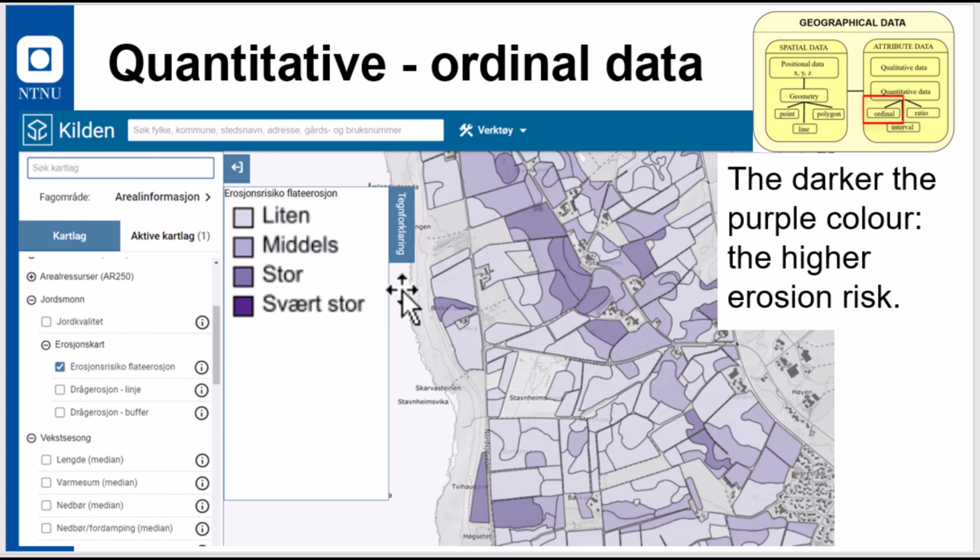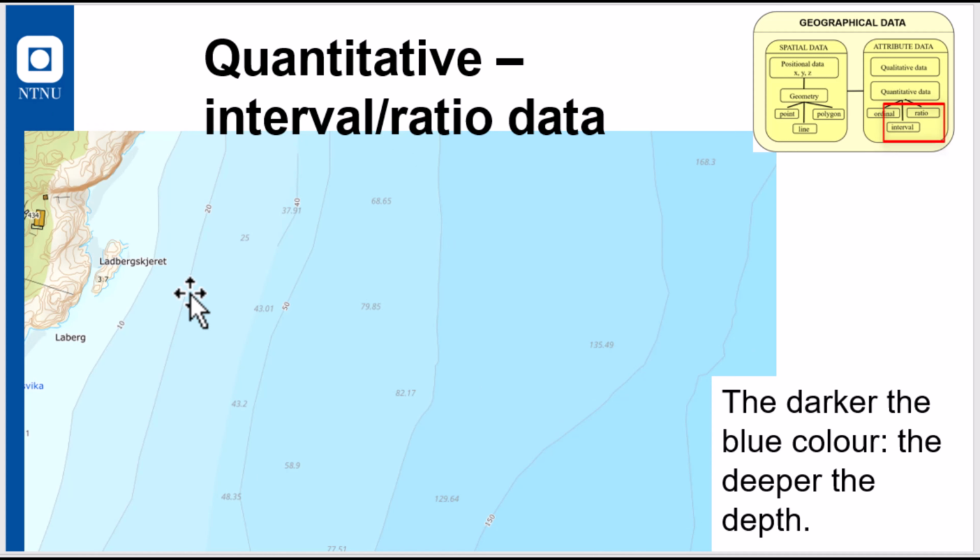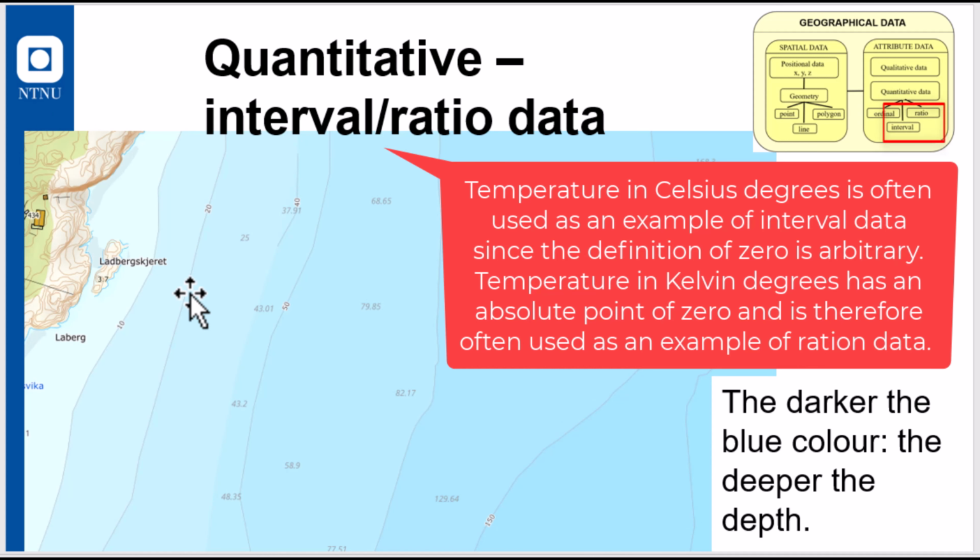And this is then in the map symbolized according to the metaphor: the darker the higher is the value. Thus the darker the purple color, the higher is the risk of erosion. This is an example of quantitative data, and it might be disputed whether this is interval or ratio level of